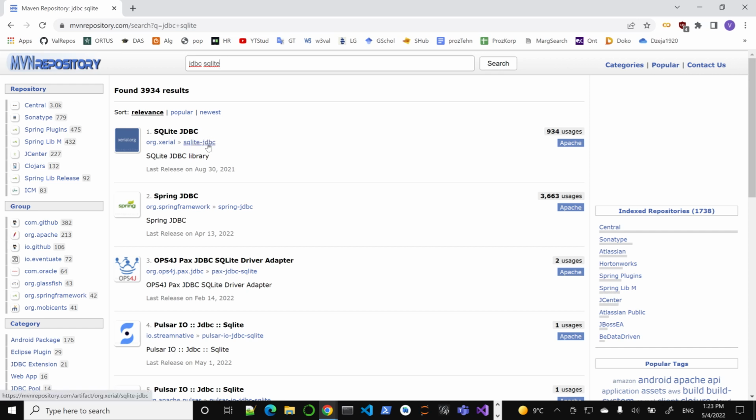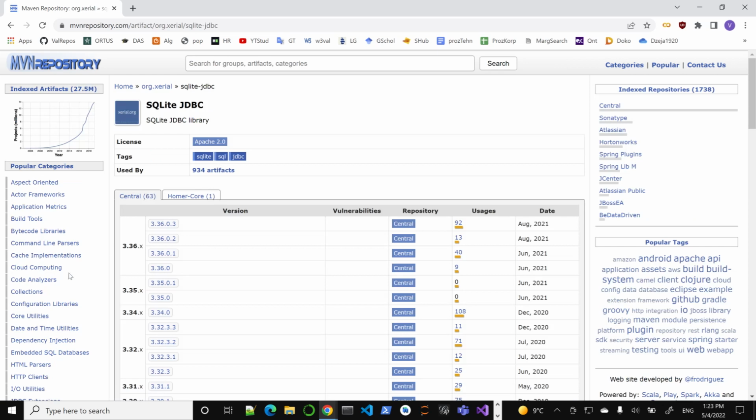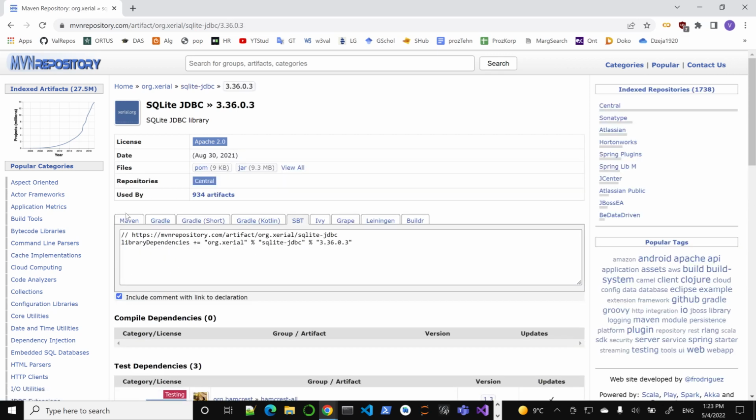So let's go here and see the version. There is a version, let's do the latest one, 3.6.0.3, looks like quite a few users, August of 2021. Okay, let's try this one. I think I'm using this already from before. So let's check, we have our link. Again, we can choose whichever build system we're using, but we are using, of course, the simple build tool, SBT, and we have our little